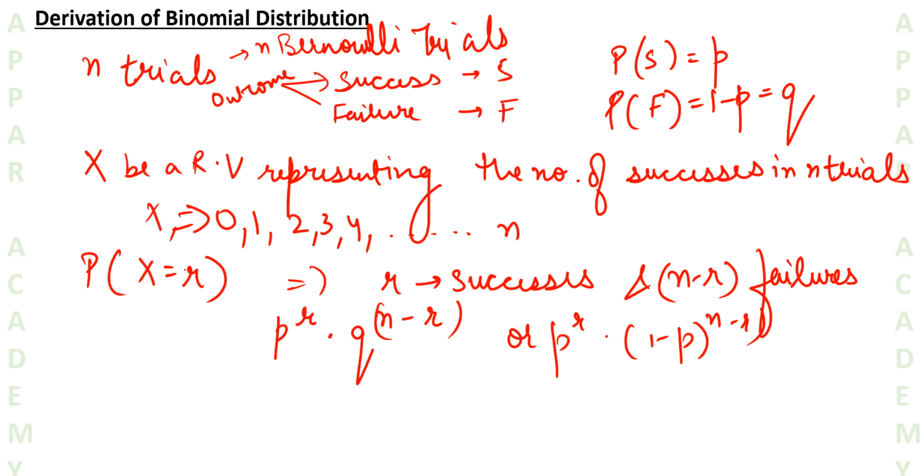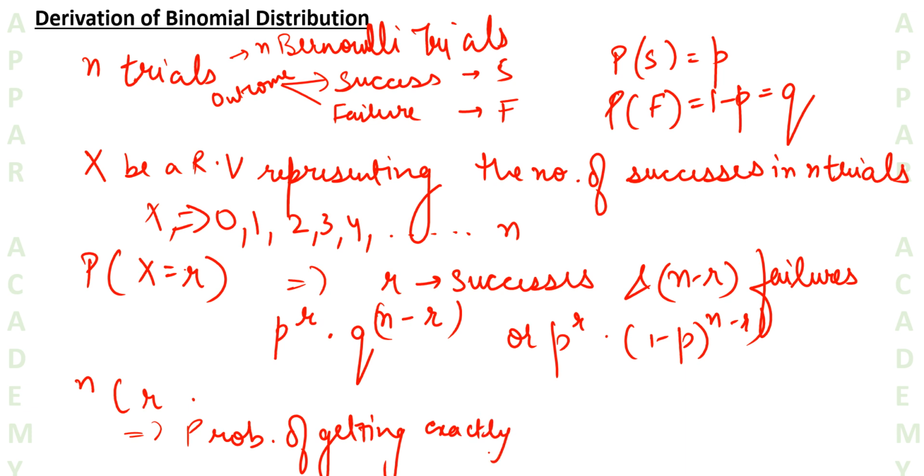Now to find the probability of obtaining exactly r successes in n trials, we must find the number of sequences having r successes. Out of these n trials, let's say first trial, second trial, in which trials are we getting a success and in which are we getting a failure. We also need the combination of those r successes. So what will we do? We'll simply use nCr.